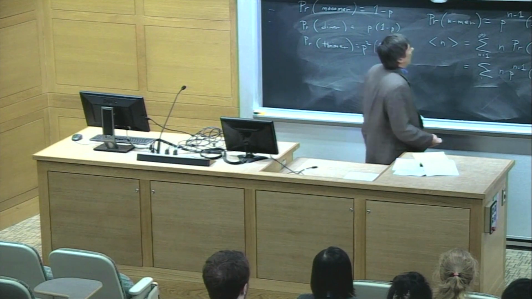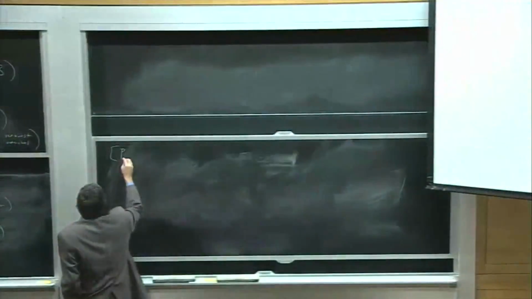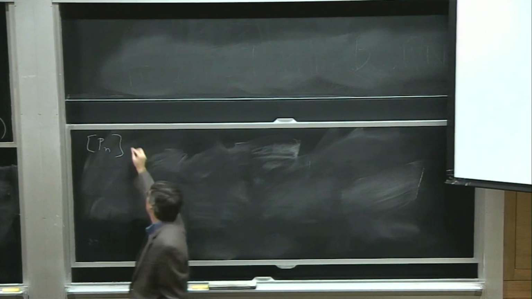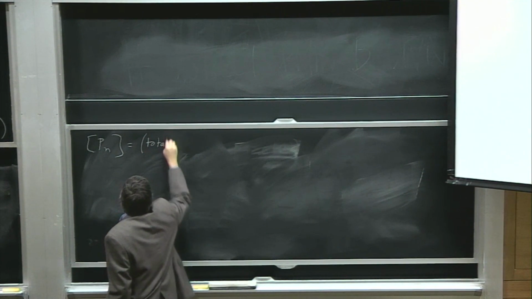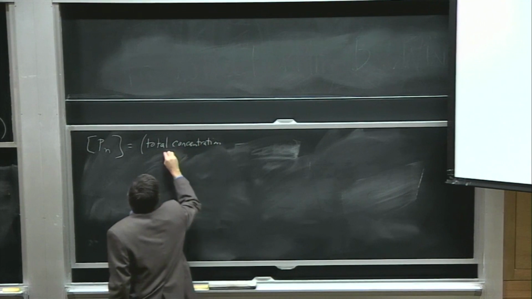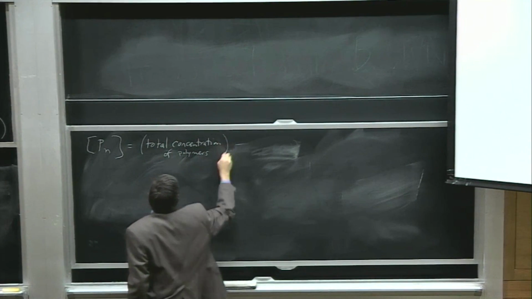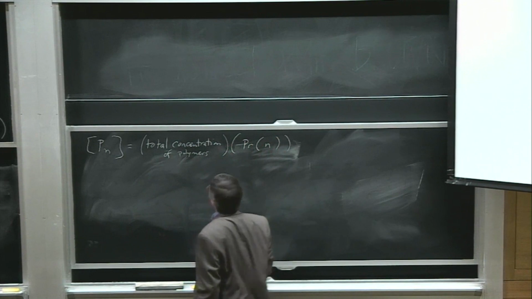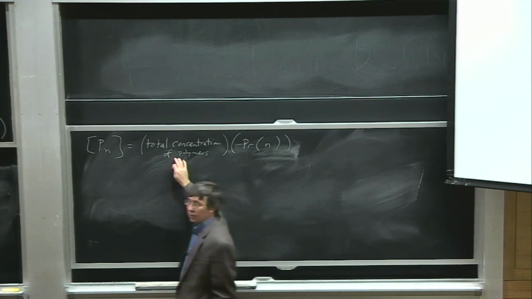You can also figure out what is the concentration of oligomers with n units in them. And so that's going to be equal to the total concentration of polymers times the probability that it has n. Right? So this one we just worked out. The total concentration,